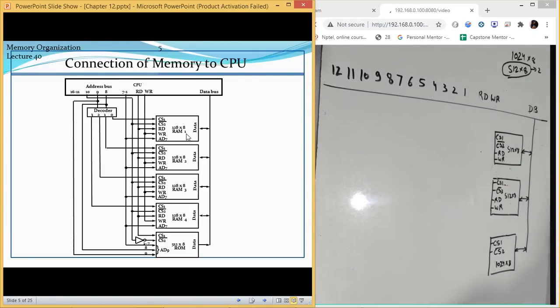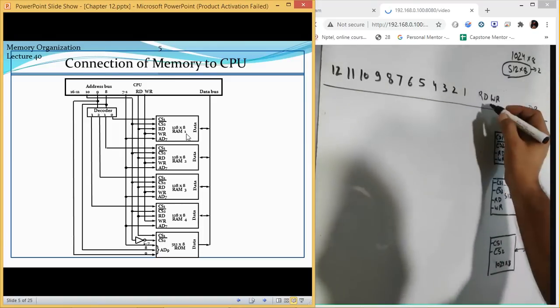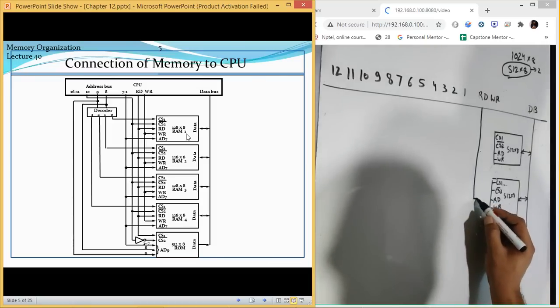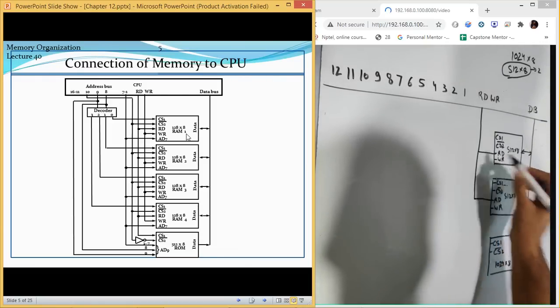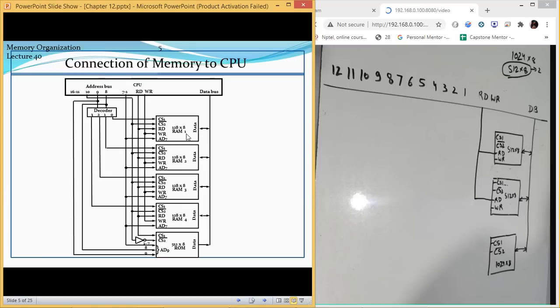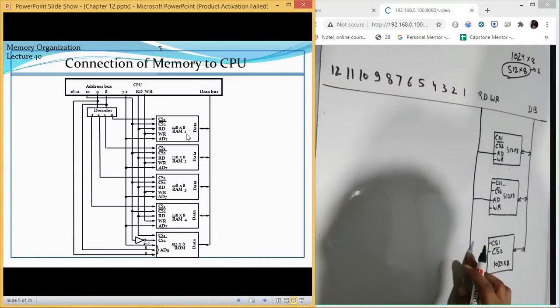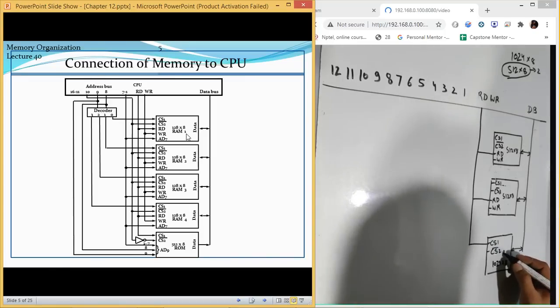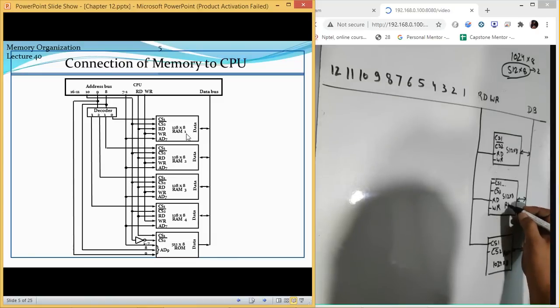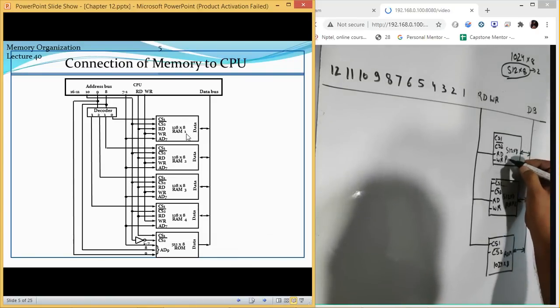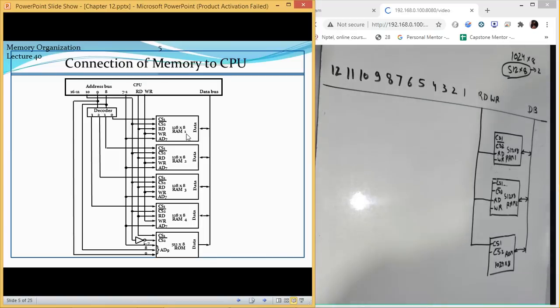Read and write lines are connected in the same manner as we did earlier. Now we can directly connect the read and write line with it. So simple, connect this read line with this and this piece. So read line is connected like this, and it is also connected with your ROM chip. This is your ROM, these are RAM 2 chip, and this is RAM 1. Okay, so read lines are now connected.